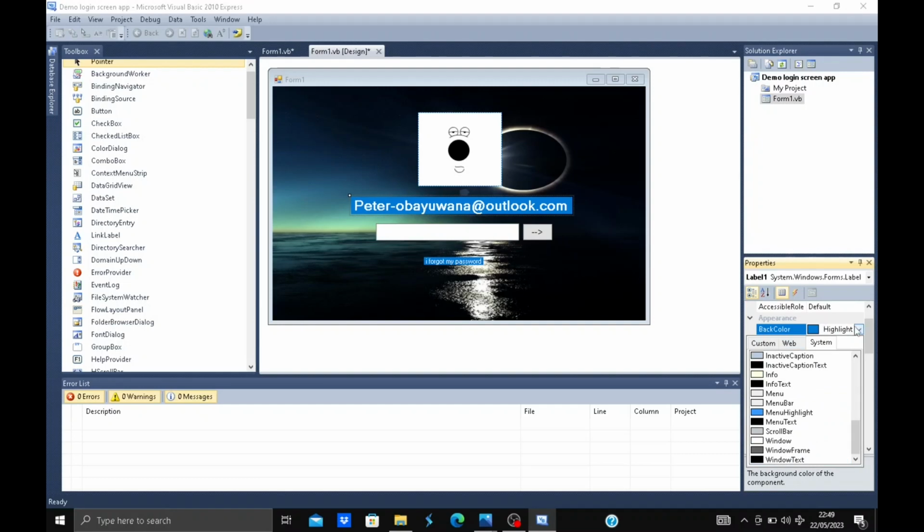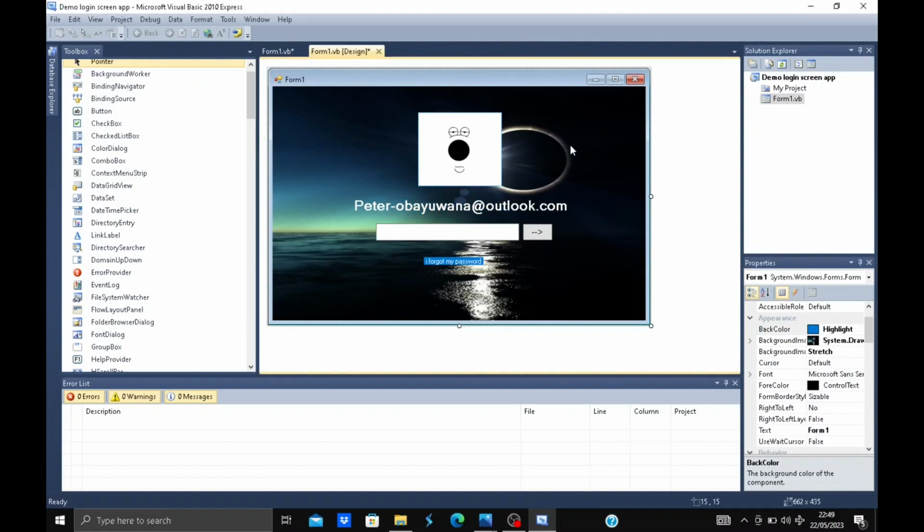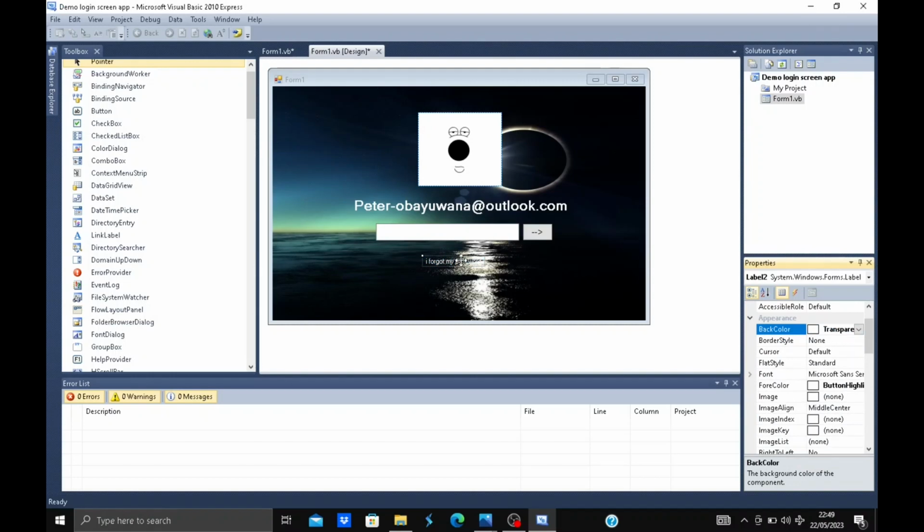So as you can see, this is the background image. Let's make this one transparent. So this is the image, and you can see we are almost having something like so. This one also, you can make it transparent from the back color. We go here, then we go to web and make it transparent. So as you can see, we are making it look